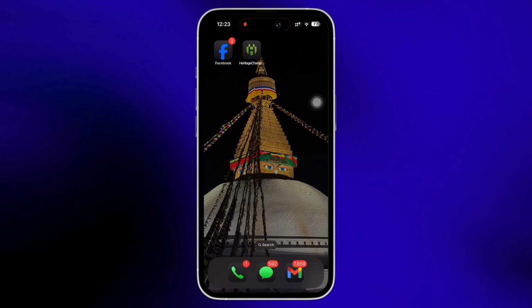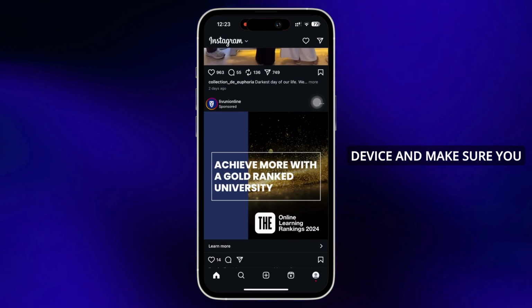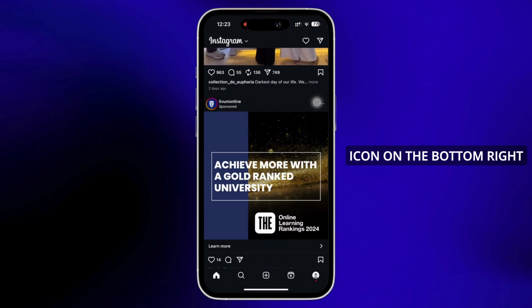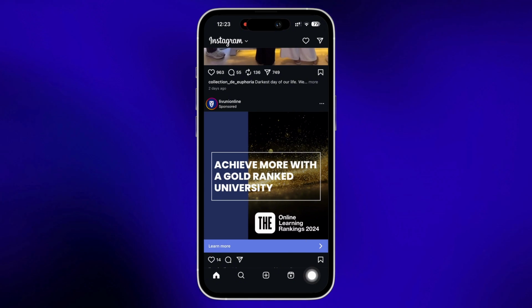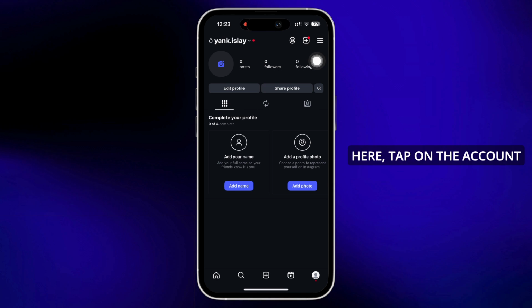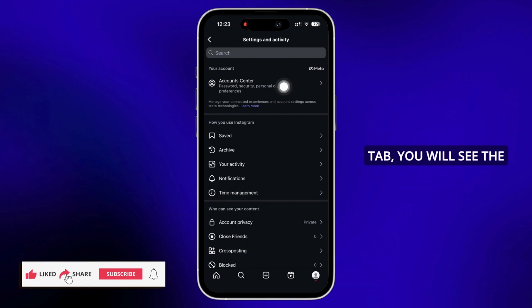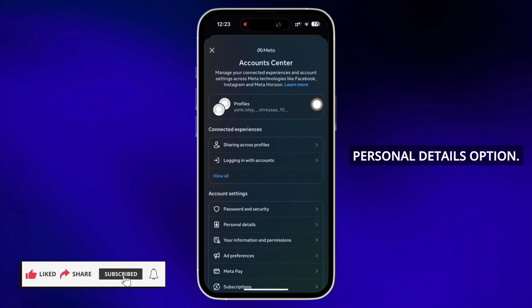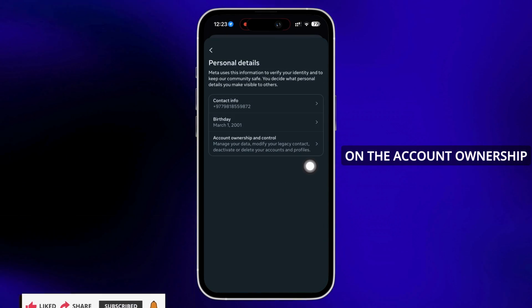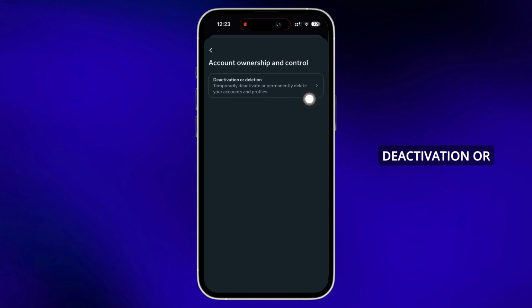Firstly, go ahead and open the Instagram application on your device and make sure you are signed in. Now, tap on your profile icon on the bottom right of your screen and then tap on the three lines on the top right of your screen. Here, tap on the Account Center option and under the Account Settings tab, you will see the Personal Details option. Tap on that and then tap on the Account Ownership and Control option and further tap on the Deactivation or